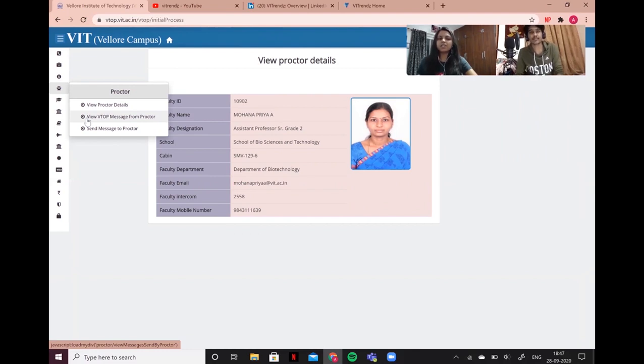So all you have to do is click on view message from Proctor, and you'll get to know what your proctor is trying to tell you or inform you. The next thing is send message to proctor. Sometimes if you want to contact your proctor and they're not picking up the call, or they're not in the office or their cabin, and you have classes to attend, you can freely send in a message through this forum,